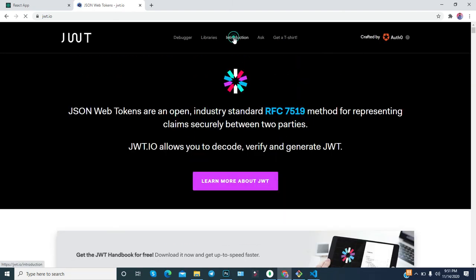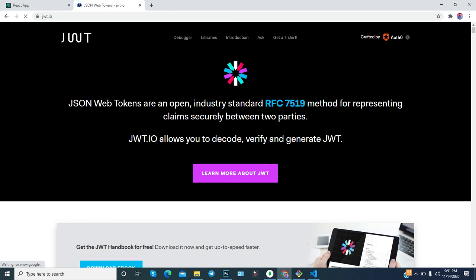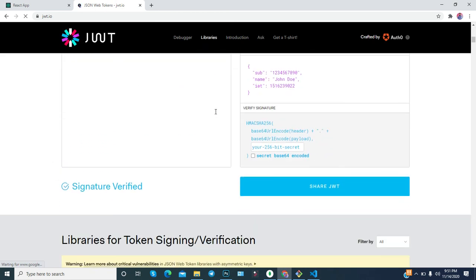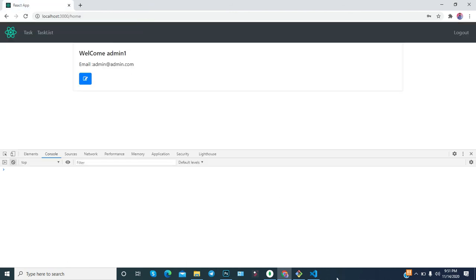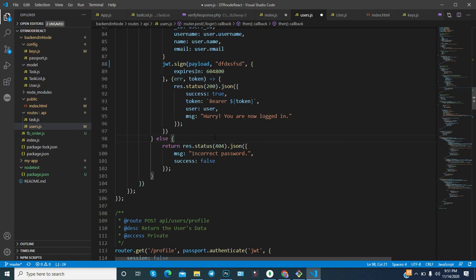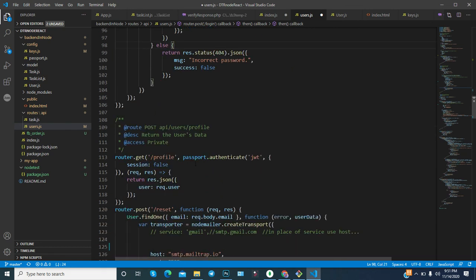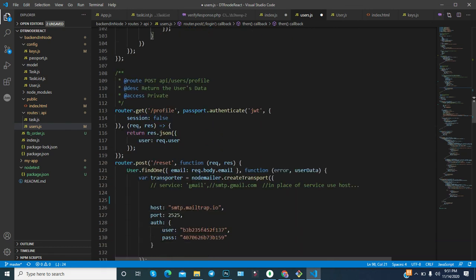Go to the introduction, and here you may get it. It is taking some time, so I will talk about it later on. You will find the code to verify the token. After verification, you can do certain kinds of operations. This is the basic functionality.